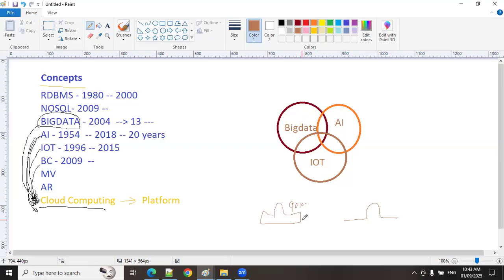After coming here, should the car slow down or not? Slow. How many kilometers should it be to cross the speed breaker smoothly? How can you say 10 or 20? And it should know the distance from the car point to the speed breaker point. It will capture the data 500 meters before, at least 1 kilometer. Then who will decide? The car should slow down from 90 kilometers to 23 kilometers.